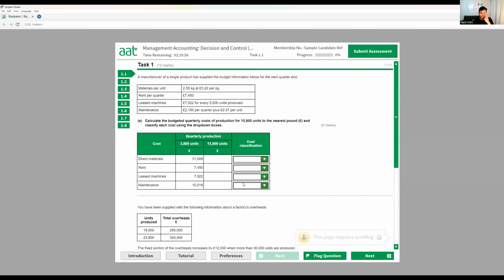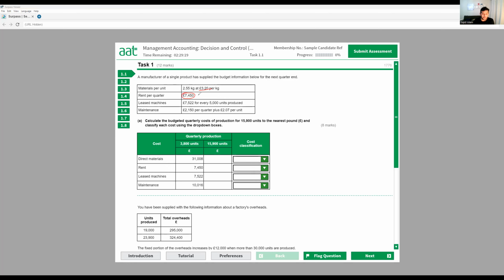The first question we can see here is from cost behavior. So let's read this question. It says a manufacturer of a single product has supplied the budgeted information below for the next quarter end. So you have a material per unit, 2.5 kg. To make 1 unit we need 2.5 kilo, and per kilo is £3.20. Rent per quarter: for every quarter, the rent is fixed,